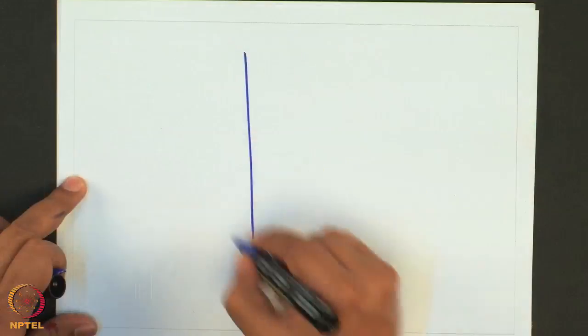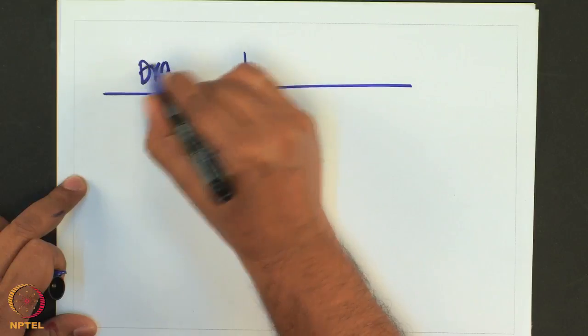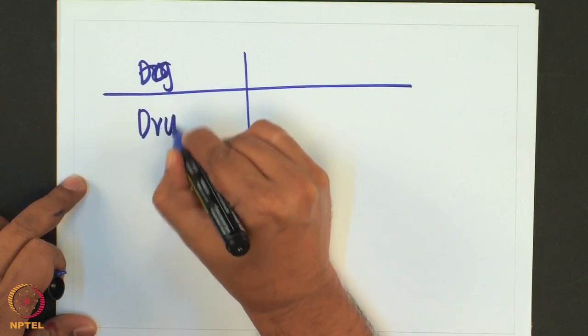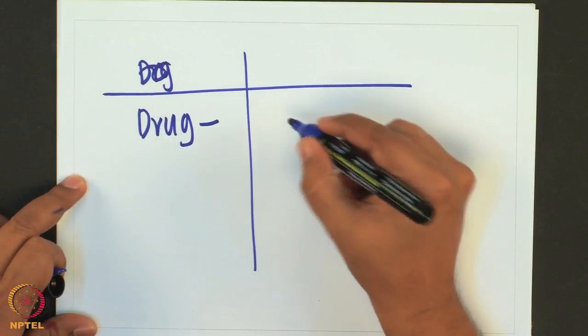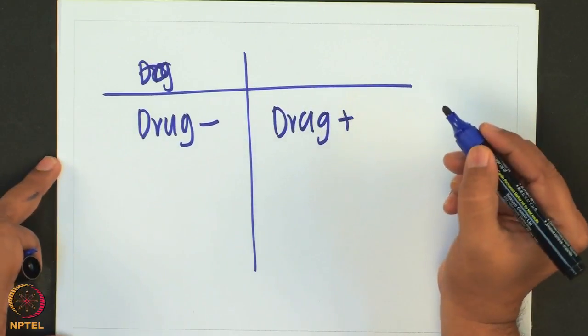Instead of this, you could think of a mutation and no mutation, right? So, you would have a population. So, you could have many examples. As we said, you could have without drug, drug minus, and with drug, which let me call this drug plus, and